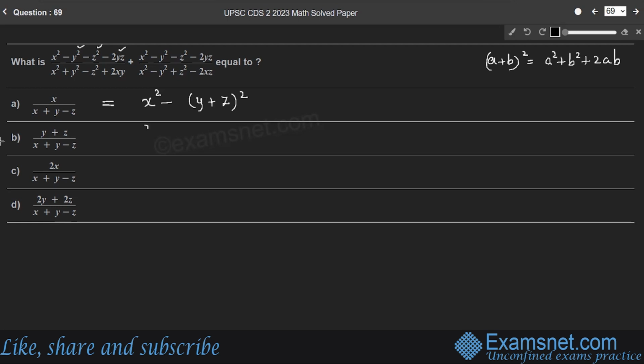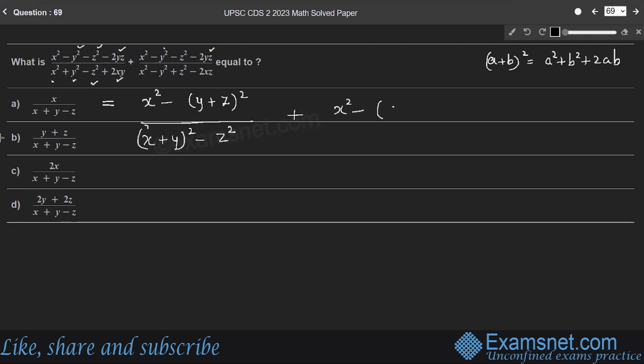Here, divided by, in the denominator we have 2xy and x square plus y square. Therefore, I can write these three terms as (x plus y) the whole square, and we have one extra z square with a negative sign, minus z square. Plus, in the second term we have minus 2yz and y square z square with negative signs. So in that I'll take out a negative sign,